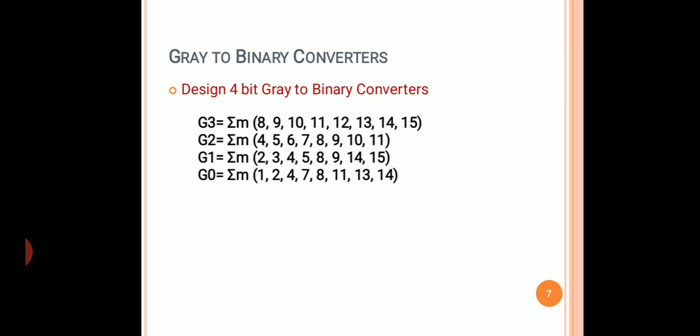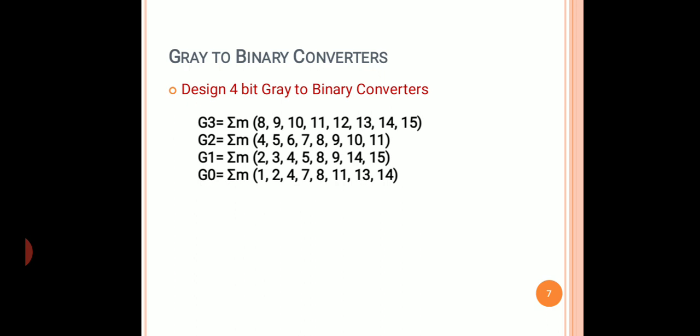These are the min terms where the output column G3 is high. That is, G3 will be high for 8, 9, 10, 11, 12, 13, 14 and 15, for these min terms, and so on. This is how we will obtain the SOP form expressions.